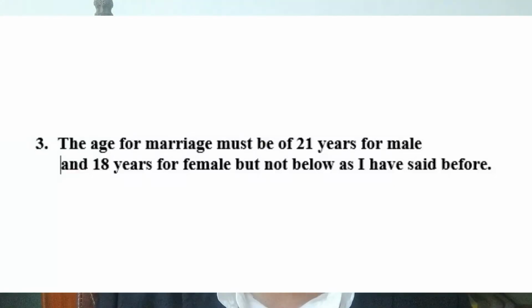It means the parties to the marriage must be of sound mind and capable of entering into a marriage mentally with their free consent. Here, free consent means the consent of the parties is not obtained by deceit, under pressure or undue influence. And the last, number 3. The age for marriage must be 21 years for male and 18 years for female, but not below, as